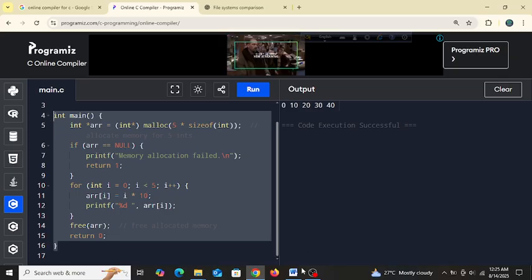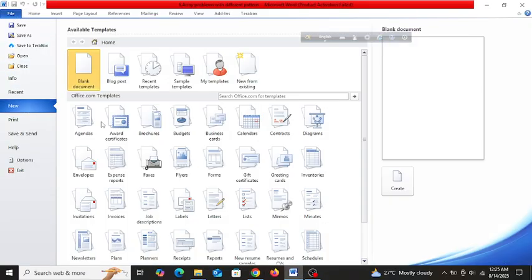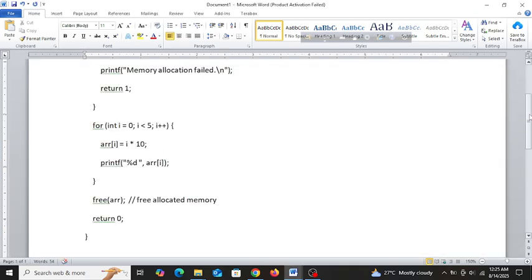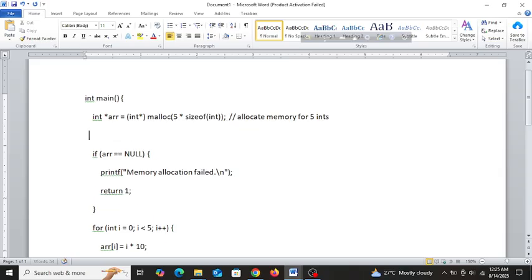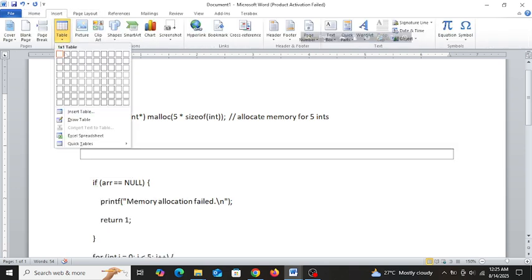Okay, let's just take some time and visualize this. Let's make a file here. If you want to visualize this one, this line is creating one, two, three, four, five, like this.